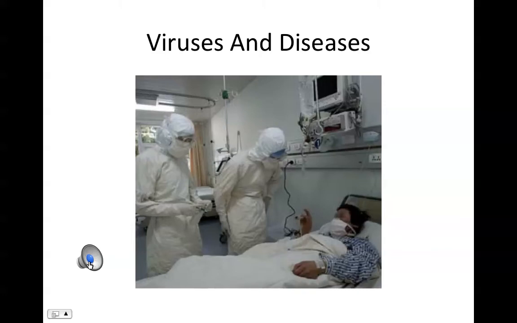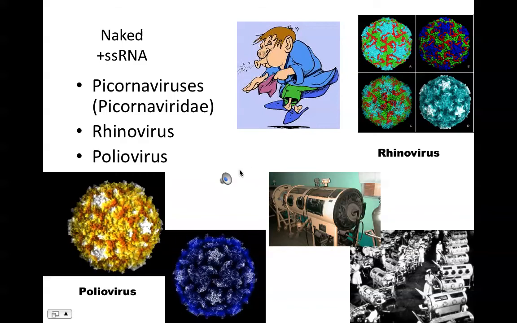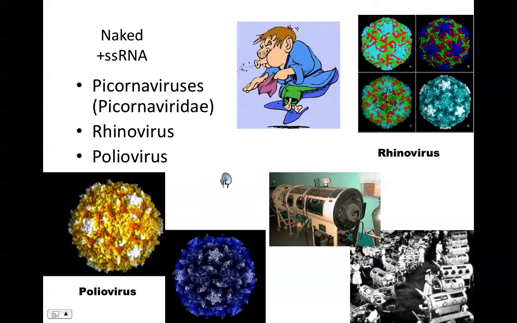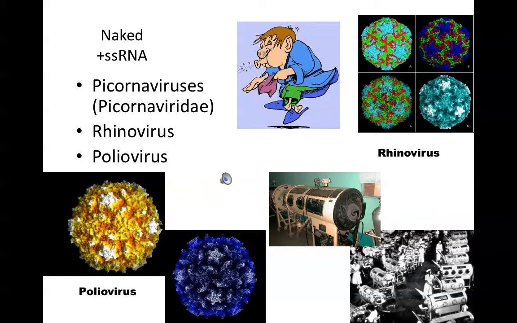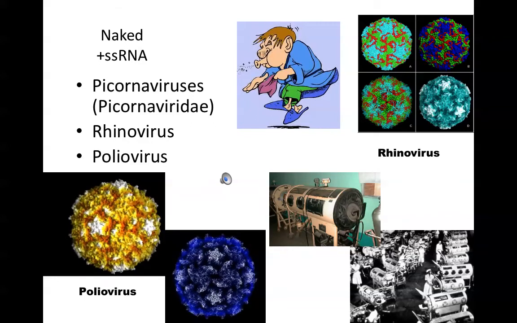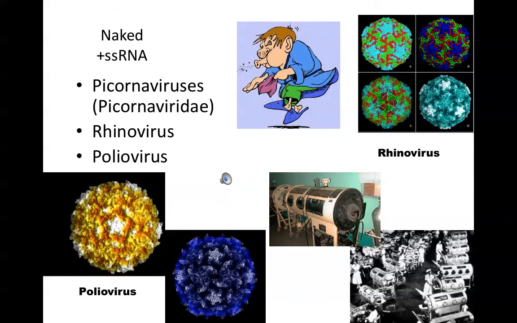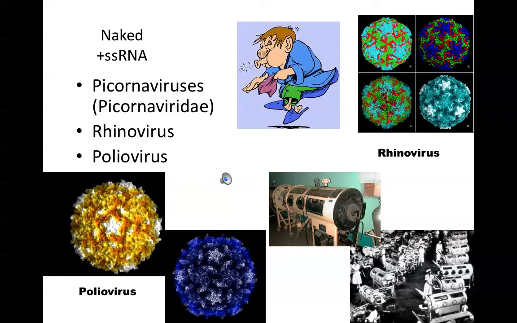Diseases caused by viruses. Common cold and polio are two diseases that are caused by viruses. Rhinoviruses cause the common cold. Poliovirus causes polio. Rhinoviruses are frequently encountered, and we have various different strains of rhinovirus, and they're essentially all causing